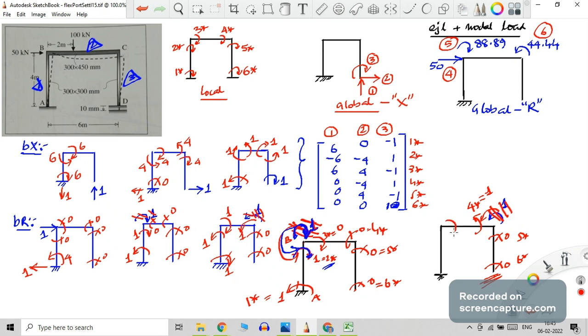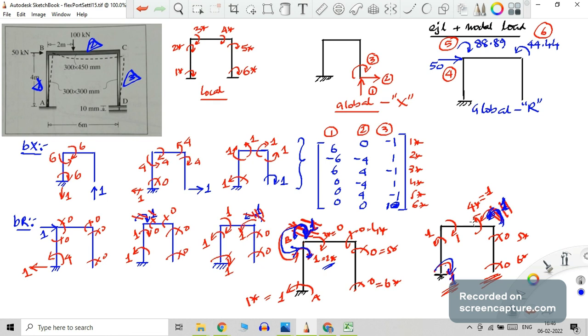So this will be naturally clockwise. This will be naturally anti-clockwise. This will be naturally clockwise, like this. And you can cross-check the support reaction. Whenever a unit anti-clockwise moment is applied here, at any location, the support reaction should be clockwise one. That also is matching. So by using this methodology, you can easily draw the free body diagram and easily write